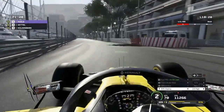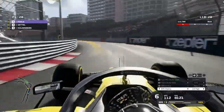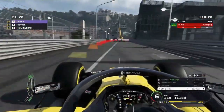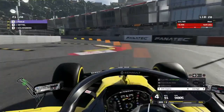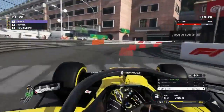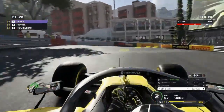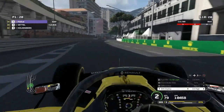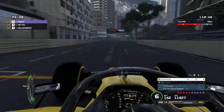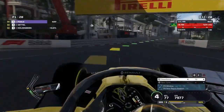So it looks like Sebastian has a plan, folks. He has a pretty good plan. He's basically got my plan. Nico also on the mediums. So anyone on the mediums with me, they're going to be a stopgap to those with the newer medium tyres on, I should say, because they're only just going through to back now as we go through